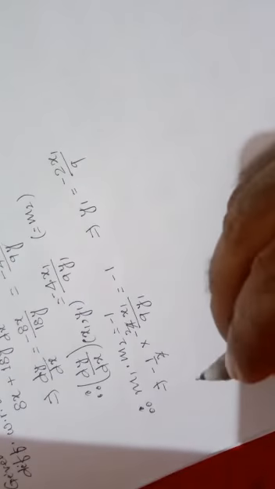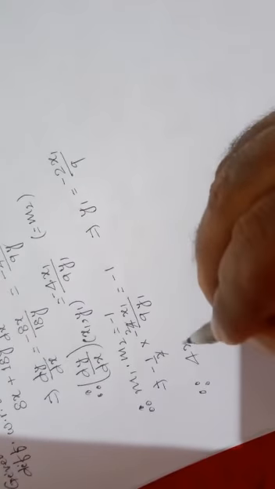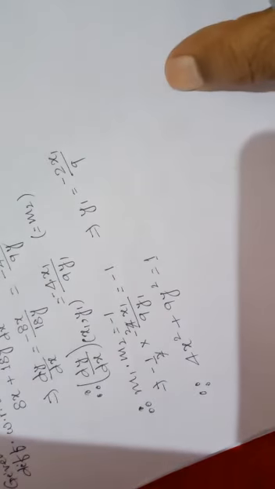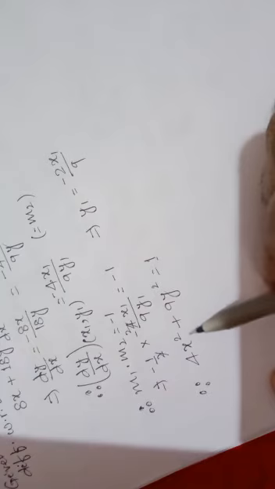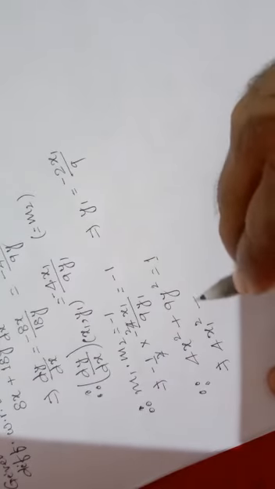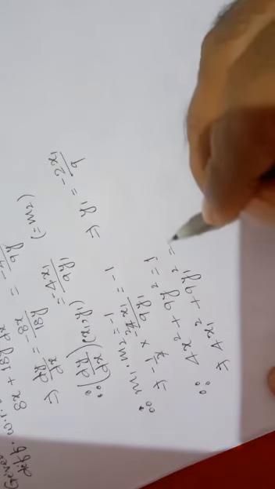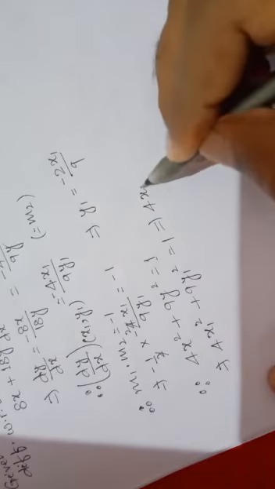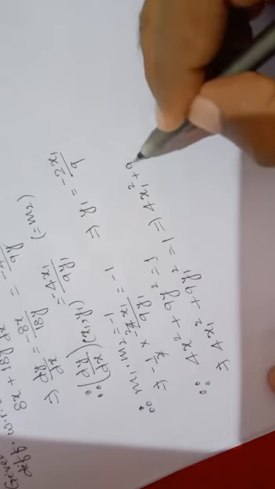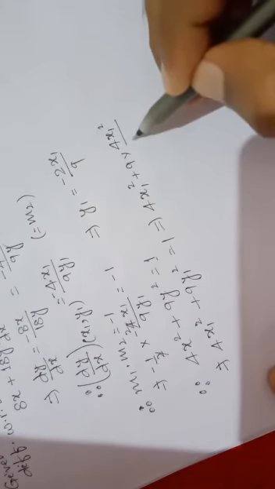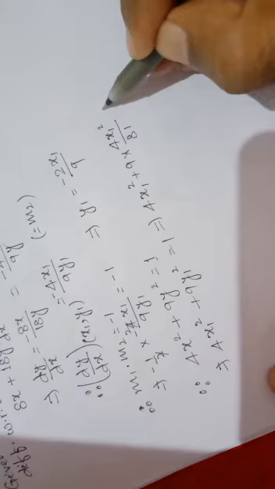Now, the given curve is 4x square plus 9y square is equal to 1. This is the given curve. x1, y1 also lies on this curve. Therefore 4x1 square plus 9y1 square should equal 1. Write down the value of y1. 4x1 square plus 9y1 square means 4x1 square upon 81 should equal 1.